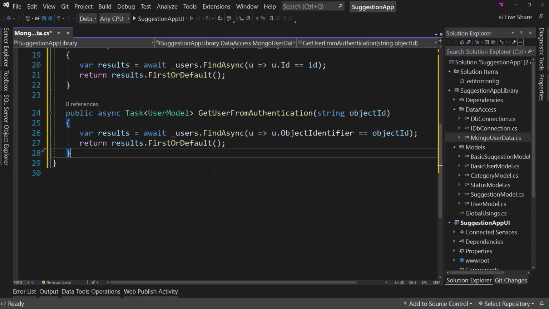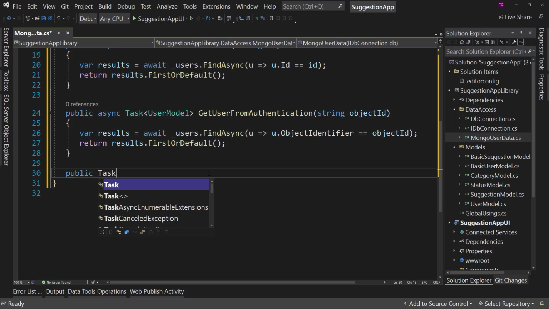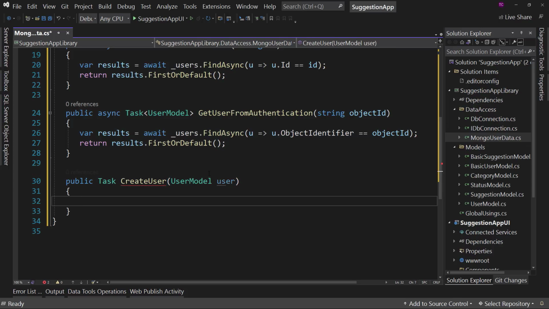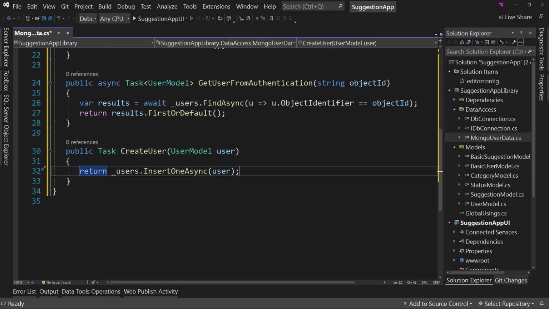The next step we have is the CreateUser. So we have the public task CreateUser, pass in a user model, and we're going to say return users insert one async, and that's it. That's the entire process of creating a new user. And then we'll have one more,